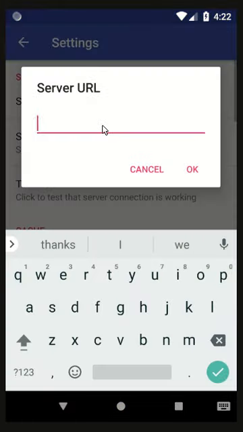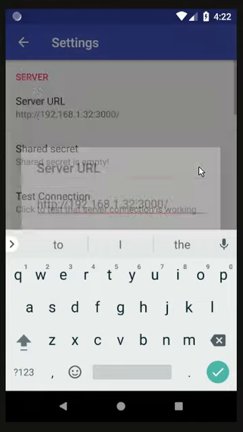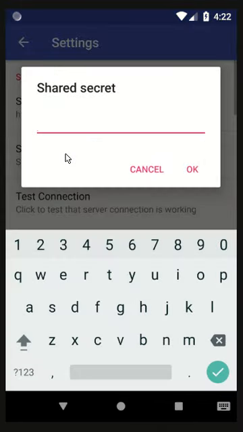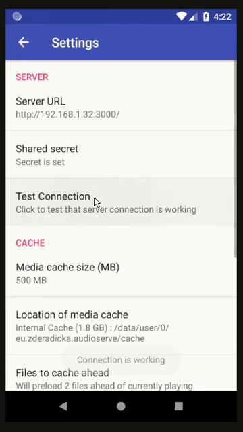First, we have to fill the server URL, which is a local server in our case for demo purposes. And also the shared secret, which is the password to access the server. We can test the connection,